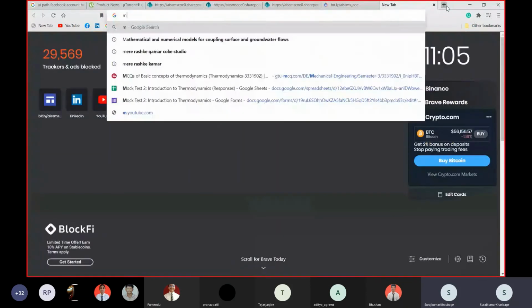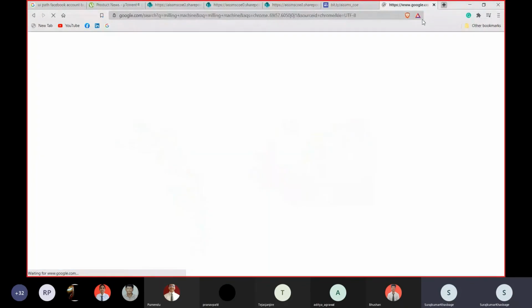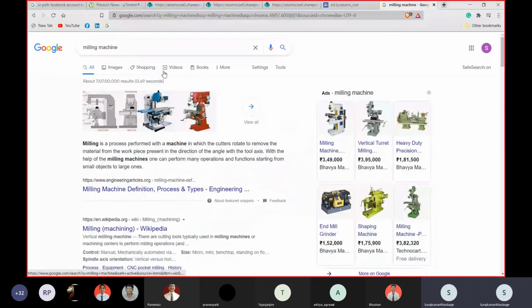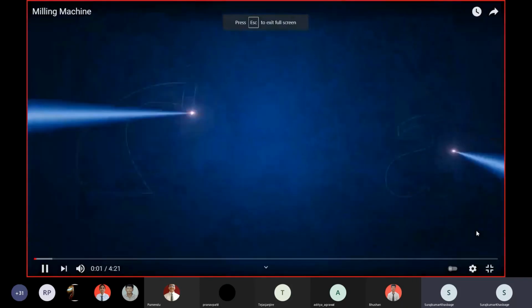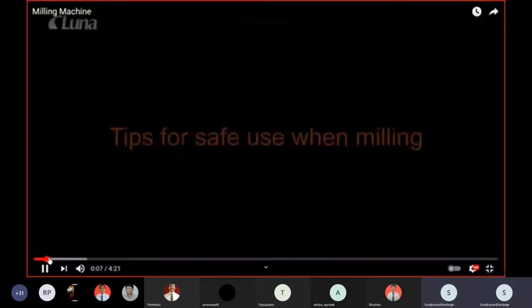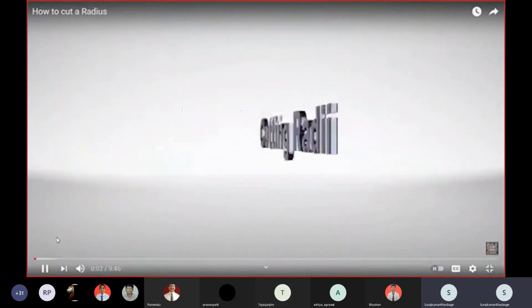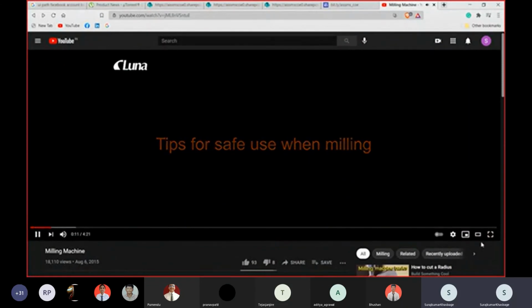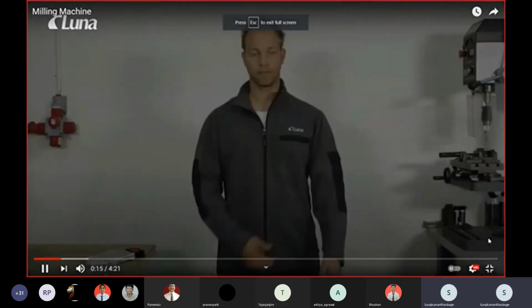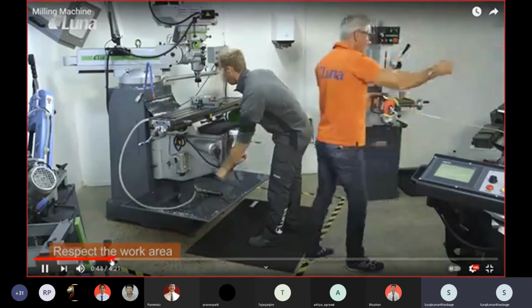Simply through video I will show you the milling machine so that you will get the idea what a milling machine is. So this is the milling machine.